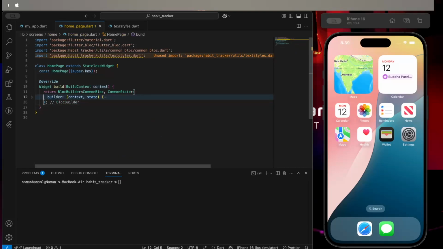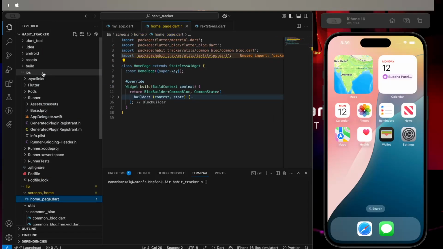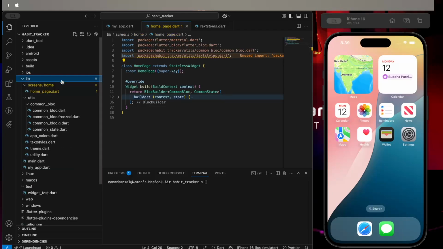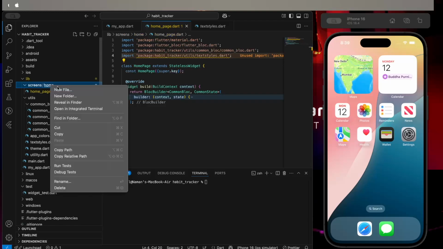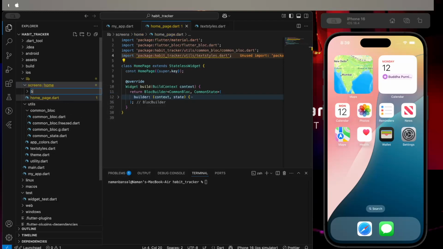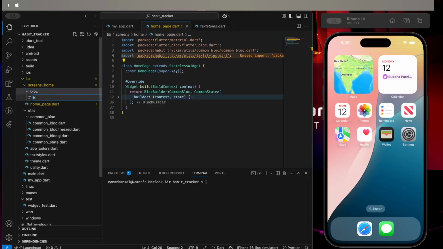Okay, so firstly, let me just create our. So just focus it here. I have created homepage here. Now I'll create one folder which is called blog. Okay, and here I'll create our home blog dot